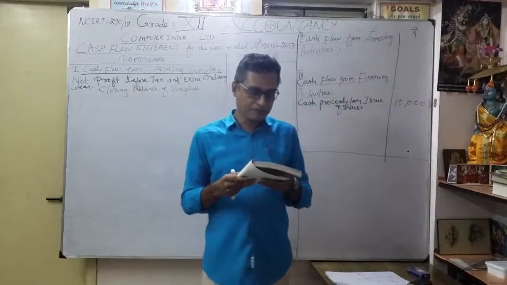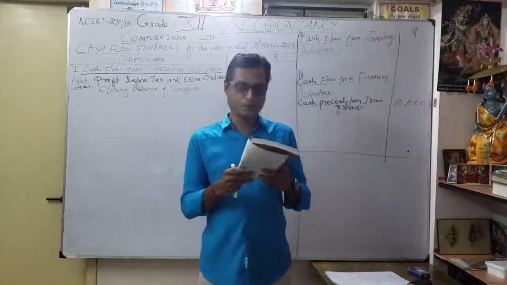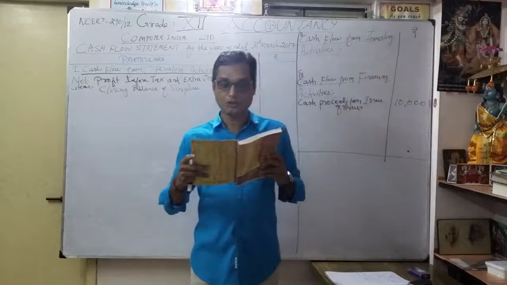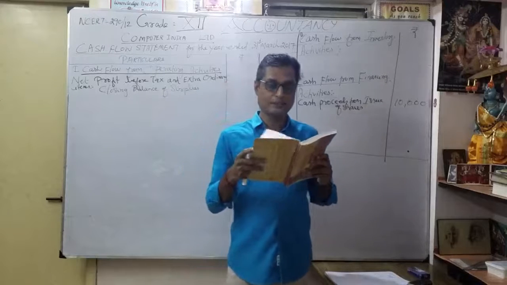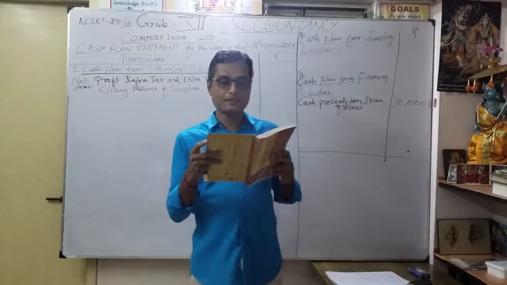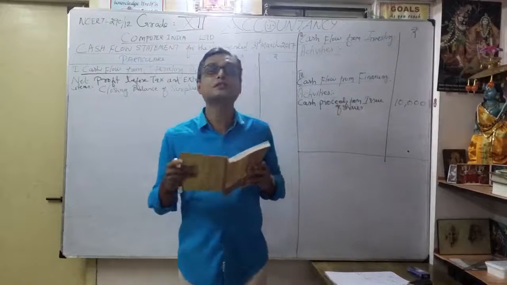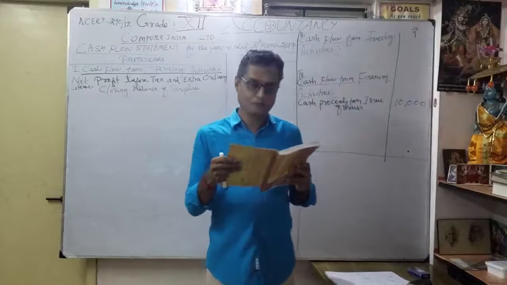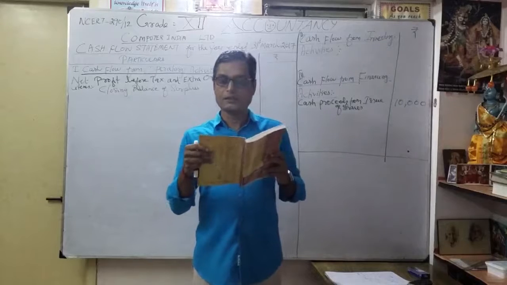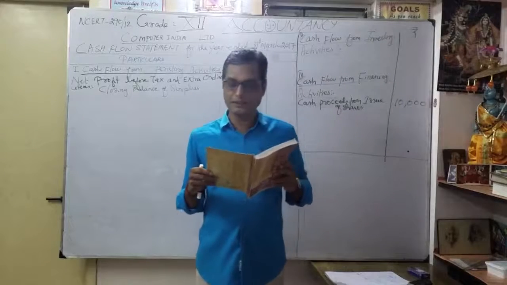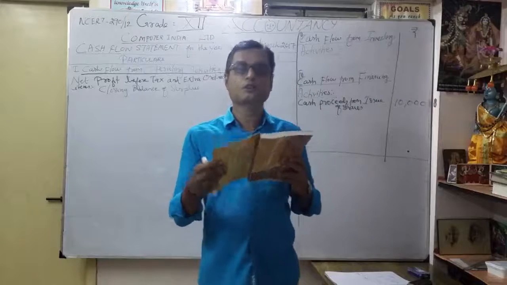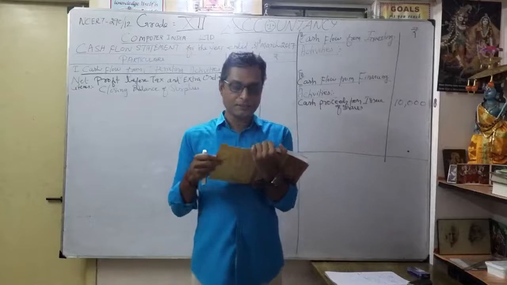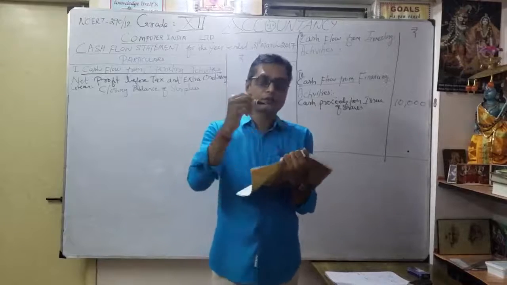Now you see reserves and surplus. They have given note number 1. Now go to page number 291. Under the notes to accounts, see reserves and surplus they have given. First one is balance in statement of profit and loss, 2017, nothing but current year. 2016, previous year, 1000. Thereafter general reserve 2017 2500, then 2016 2000. How are we going to write? You know already. First, balance in statement of profit and loss. We have to take first what?